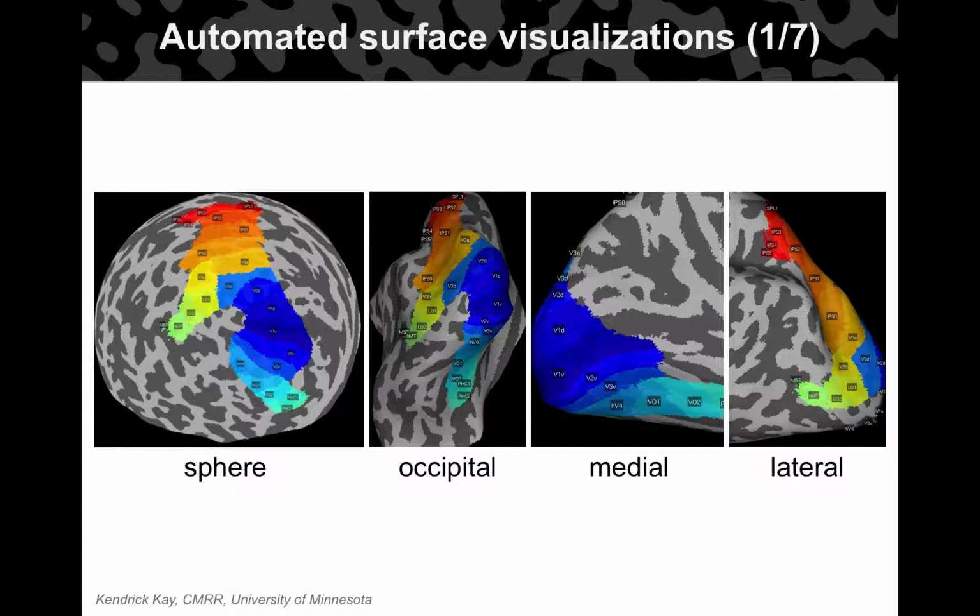You might have 20 or 30 different views you need to see, because it's nice to see the whole brain in a single image, but it is very hard to orient yourself anatomically. So you may need these inflated views, and if you have inflated views, you can't see the whole brain at once, so you have to have 5, 10, 15 different views, and that's a lot of different visualizations. Our lab needs ways to quickly generate these that have no GUI intervention.